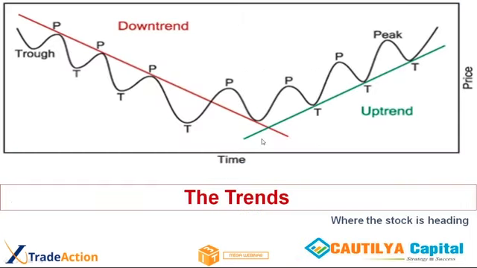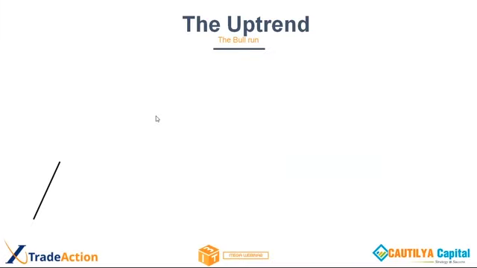So now we spoke about trend lines, right? We learned how to draw a trend line. Now let's look at trends. How does an uptrend look like? Price goes up and then there will be a minor SR. The price comes down, it creates a minor SR, and that is a high. Price breaks that high and goes up again